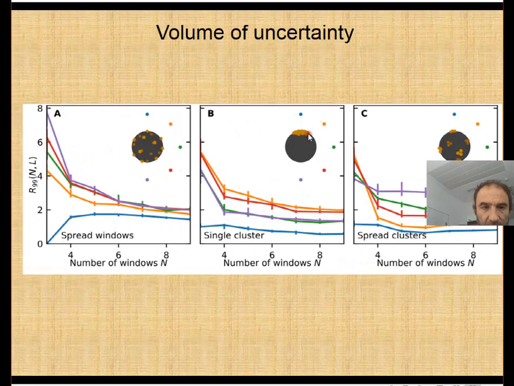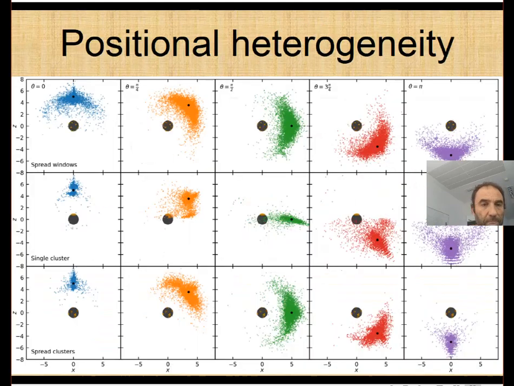Again, we can ask the same questions. You have this uncertainty radius. This is calculated here as basically the radius where 99% of the correct reconstructions occur. So when you have here the different sources, we normalize here to the radius of the disk, which is 1, and you can see the effect of having uniform, single cluster, or spread cluster on this reconstruction. And again, we show here the different cases with spread windows, single, and cluster,